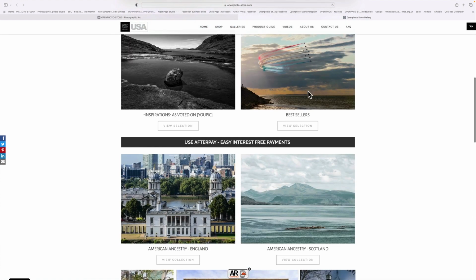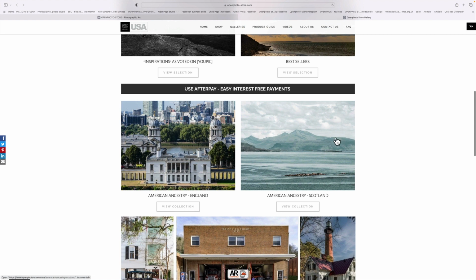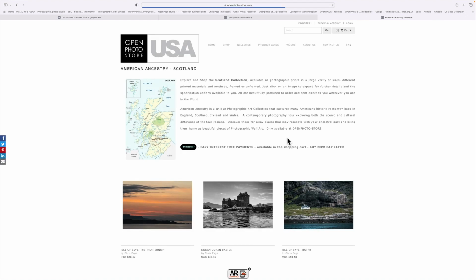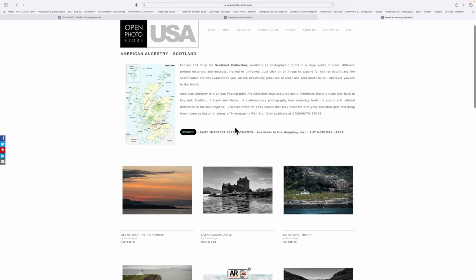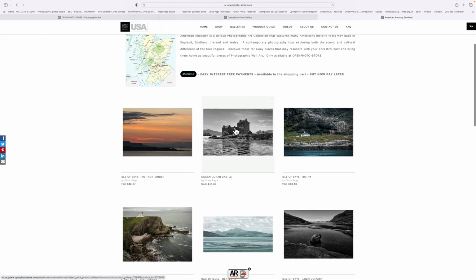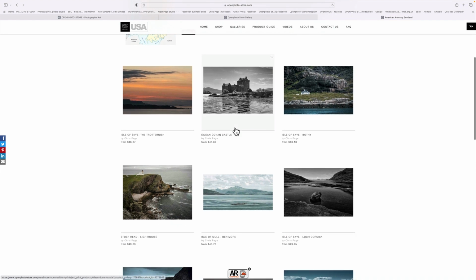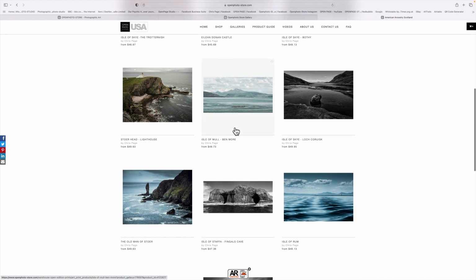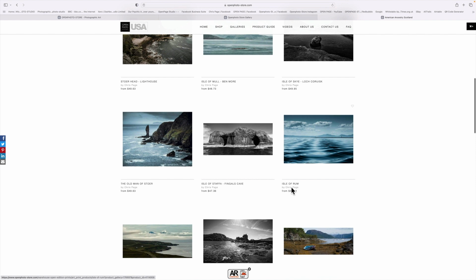For the sake of today's video, I'm going to select a photograph from Scotland. So I click on my Scotland folder. Gives you a little description of what we've done, and the one that I'm going to use is the Isle of Rum photographs. So I've clicked on that,